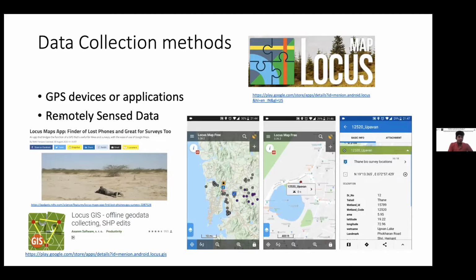And if you're up for it, you can read a small article on how I used this software to actually find my lost phone in the field. This software helps you go beyond GPS devices. Often people don't want to invest in expensive GPS devices, so you can easily use the software on your phone and access different base maps, and you just transfer your GPS location results onto the application itself.